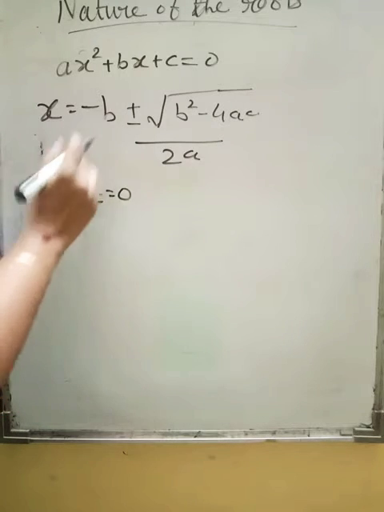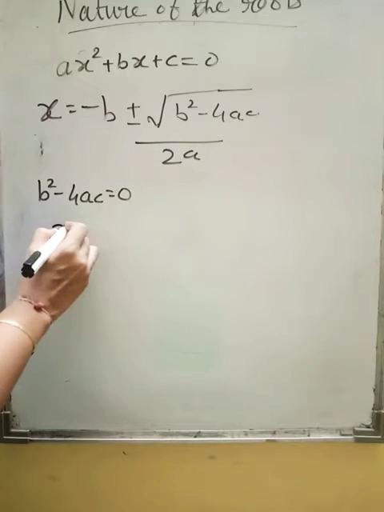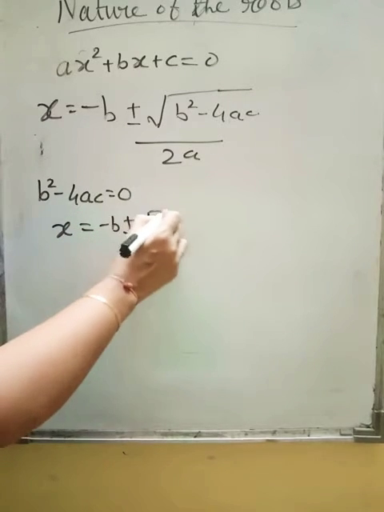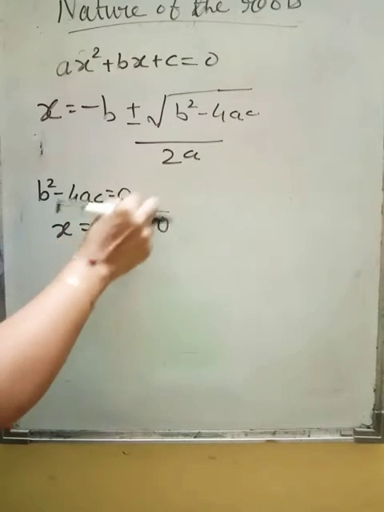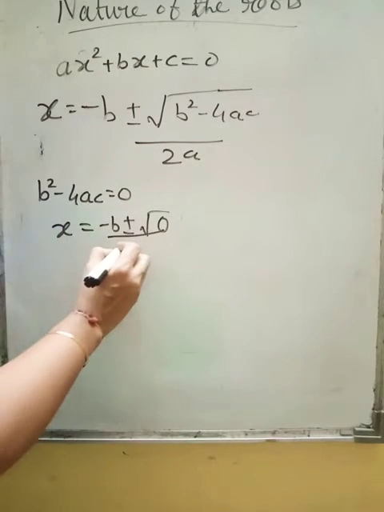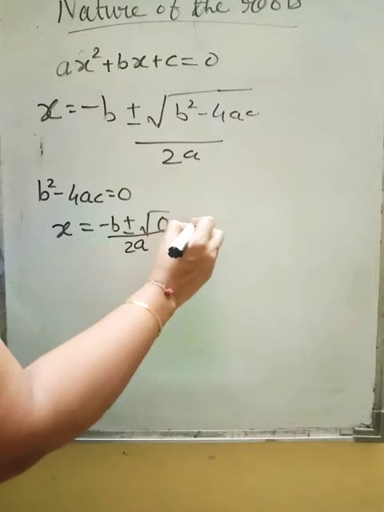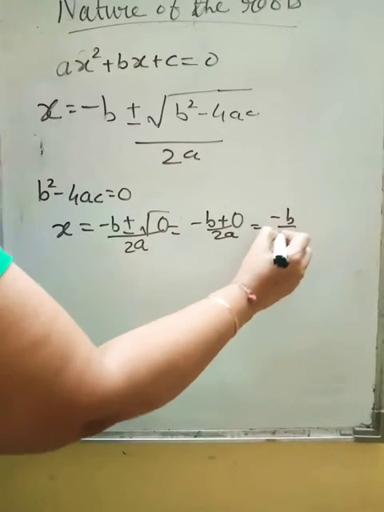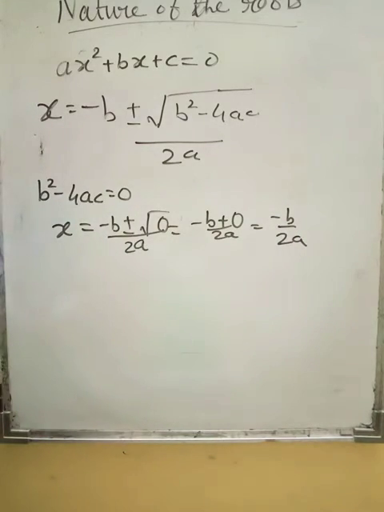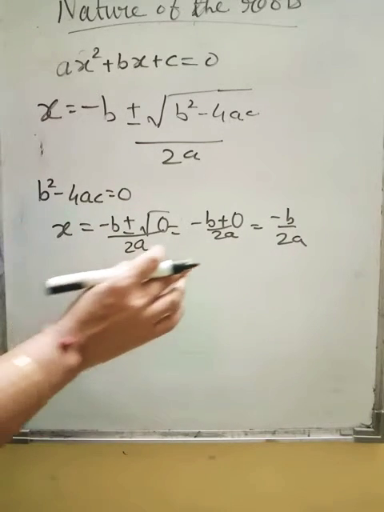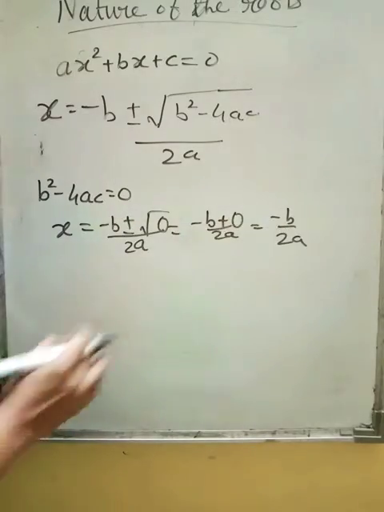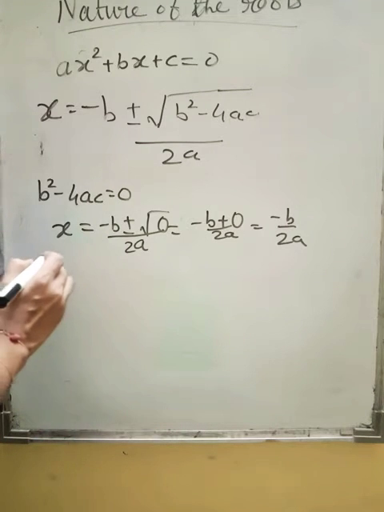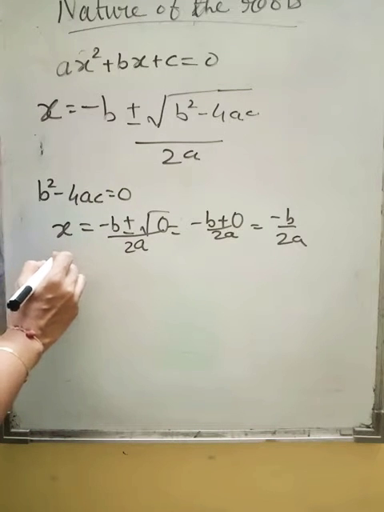If this is 0 children, then what will happen? Let us see what x will become. x will become minus b plus or minus square root of 0, because this term is 0, upon 2a. So that is minus b plus 0 upon 2a, that is minus b upon 2a. Right? So children, we are not getting two different values, only one comes. So both the roots are same. So what conclusion can be drawn? That the roots